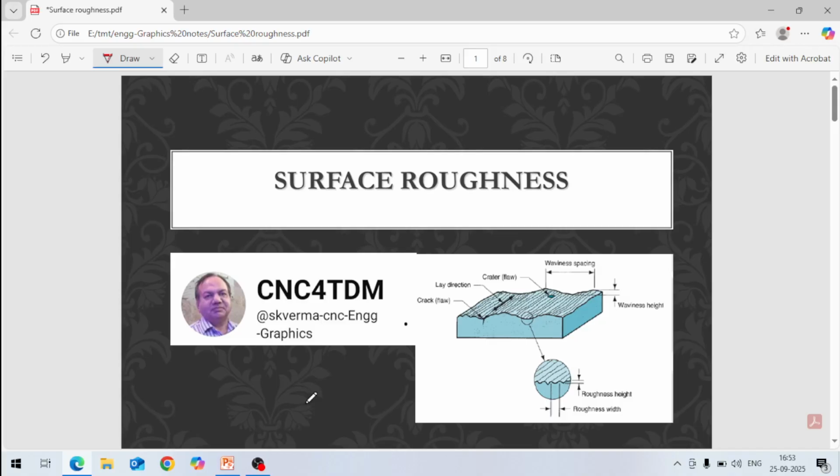roughing operations are there, like turning, milling, these machining operations. If you go for finishing operations, just like grinding and then polishing, buffing, then surface finish increases, cost also increases. So it's very important, surface finish. So let us discuss